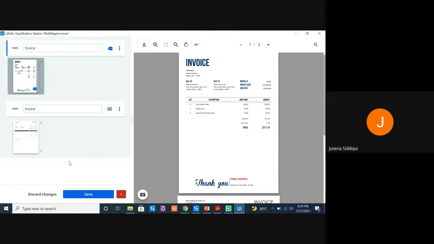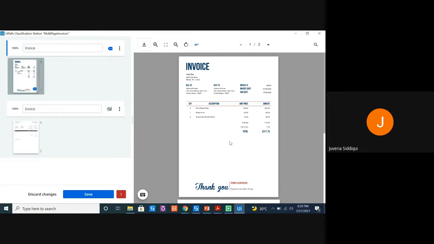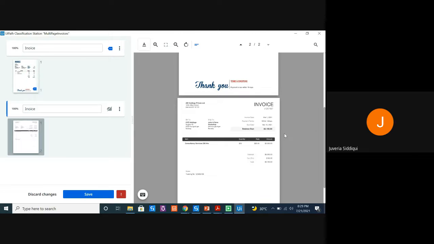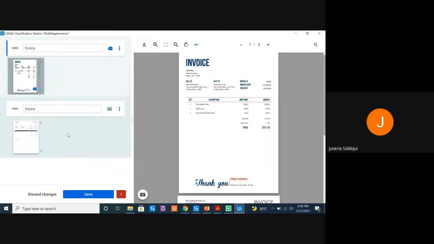Also remember, yesterday I discussed a use case with you. Suppose your business is asking you to use these invoices and extract information from them, but somehow by mistake they also place Excel documents in the input location. What happens then? The bot will not be able to classify. It will give you this validation station, again the classification station. So if you want to ignore a document, you have to select the document and click on this. When you click on this, okay, we'll do this. We'll do this also. Let me save this and let's get over with the classification for this document.